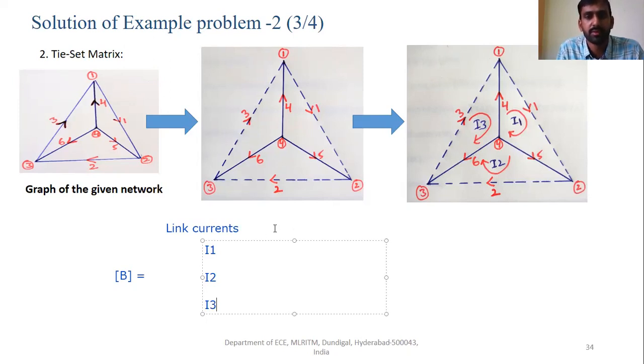So what could be the columns? The columns are nothing but the branch currents, or the branches.